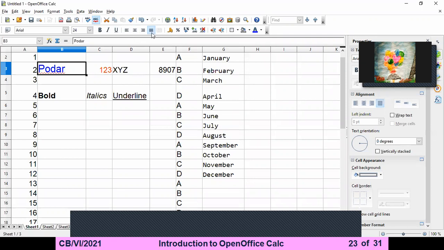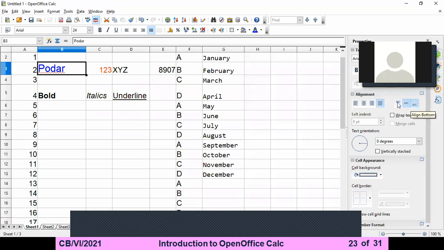This is the horizontal alignment. Now vertical alignment means the text will touch the top border, come to the center, or touch the bottom border. This is the vertical alignment. This is align top, align center, and align bottom.